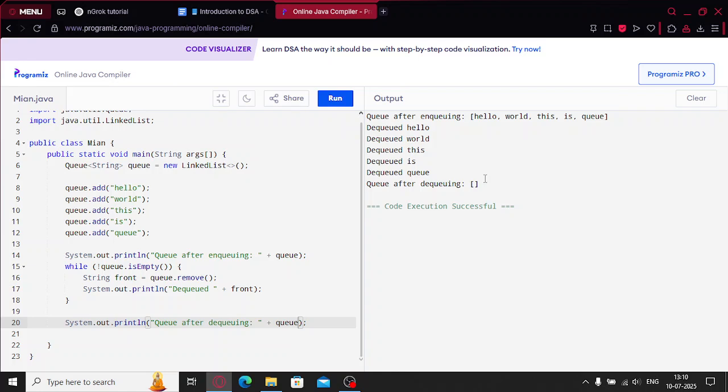So that's how you are able to perform the queue operations, like adding strings. You can even add integers, you can add characters and stuff like that, and you can then remove them, you can dequeue them and print them. It is very similar to stack, except the main difference between a stack and a queue is the difference between the FILO, which is first in last out, and the other one, which is the